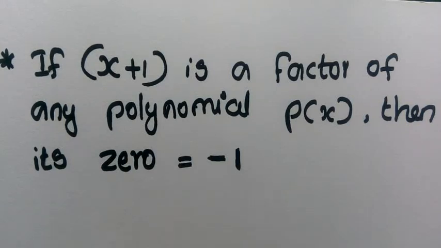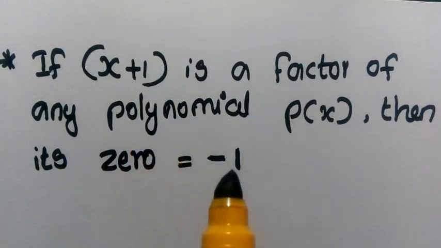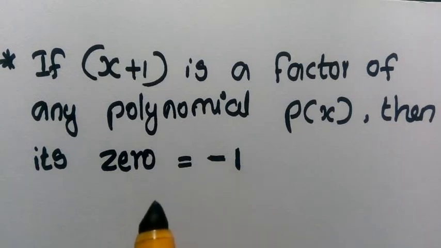Okay children, we are winding up today's class. Today we discussed how to find 0 of a linear polynomial, and if the 0 is given, then how to write the factor. Reversely, if the factor is given, then how to find the 0.